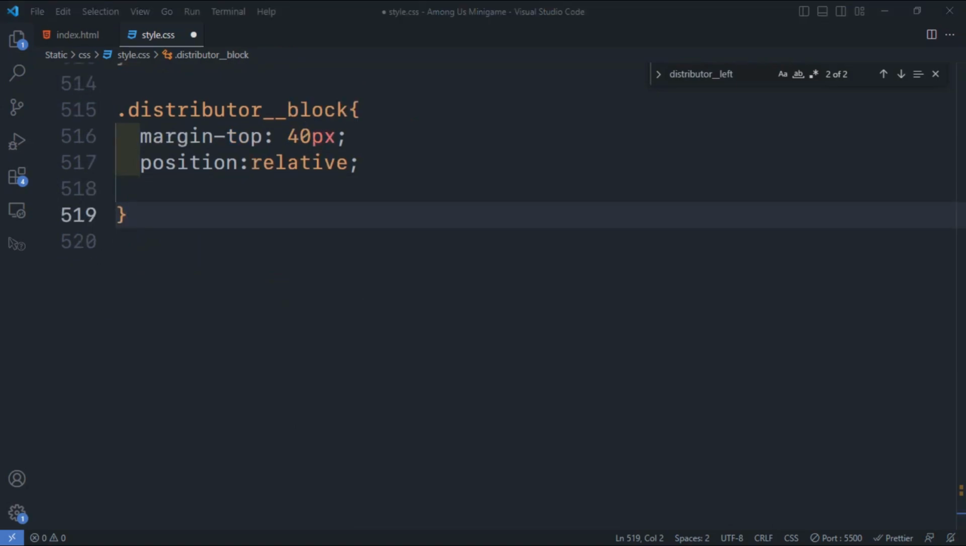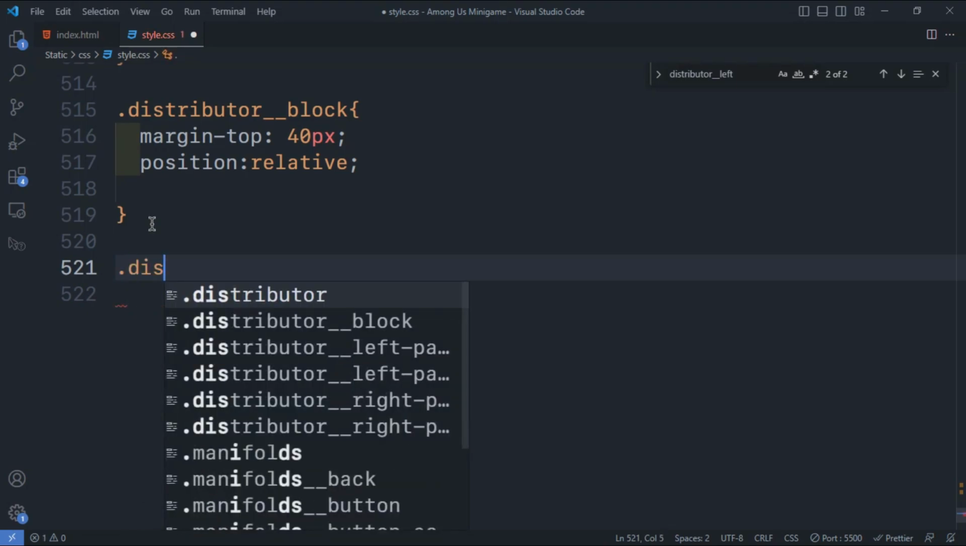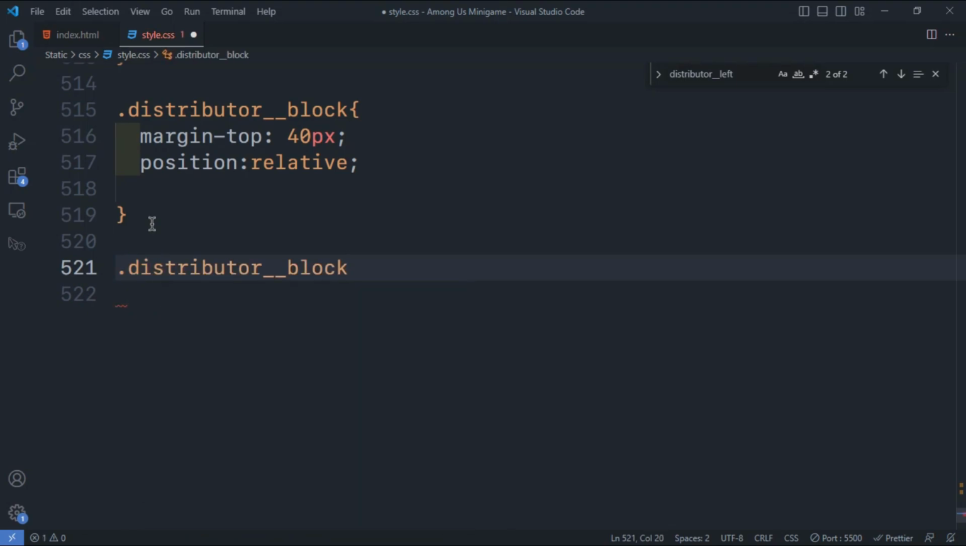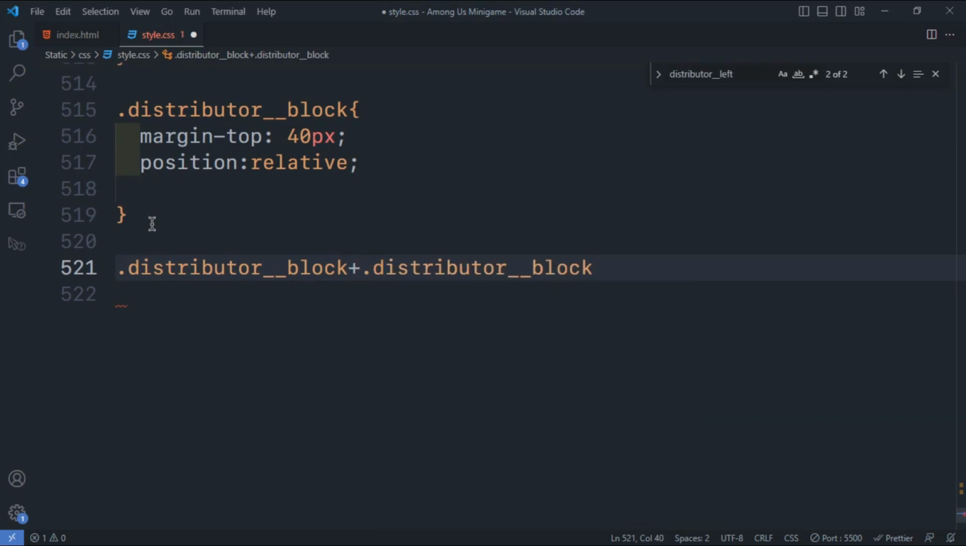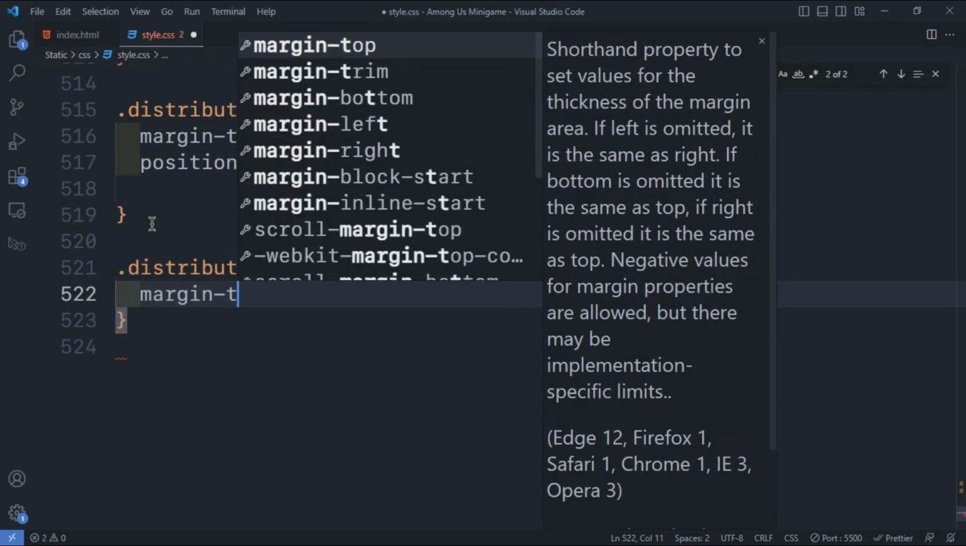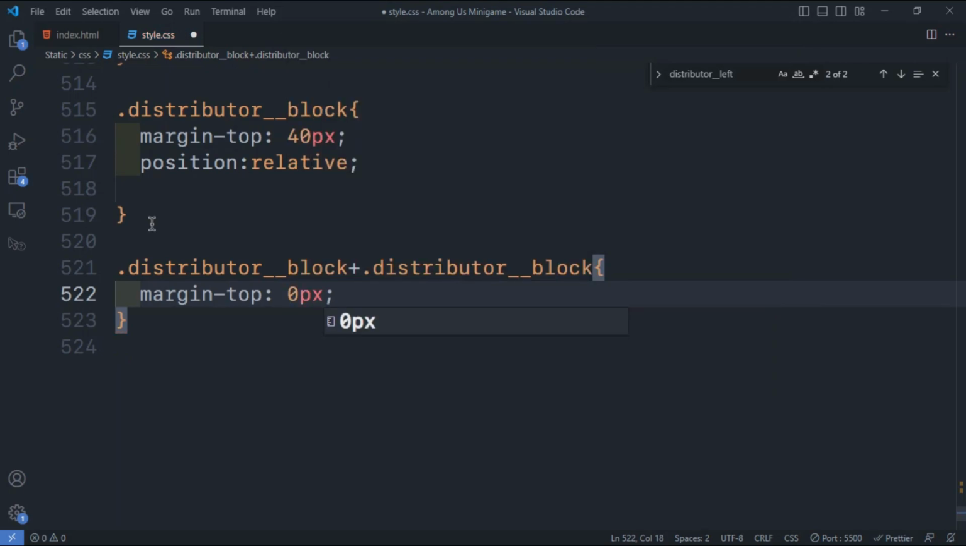Yep, so far so good. Now what we want to do is call in distributor block plus the same class, and then we will give it a combined margin of 0 pixels on the top. So this is what it would look like. We call in distributor block plus distributor block, and combined we give margin top of 0 pixels,